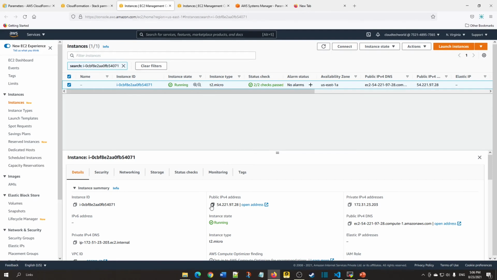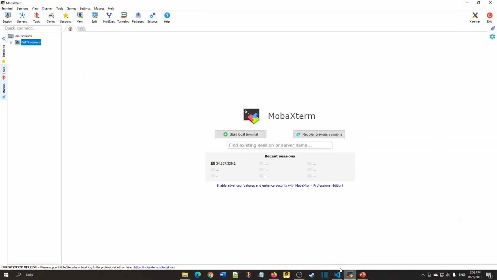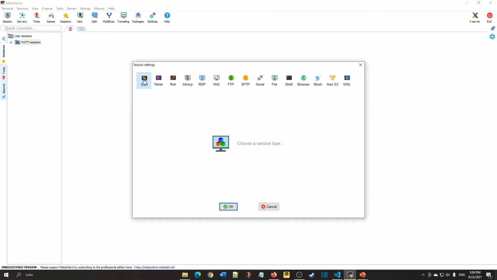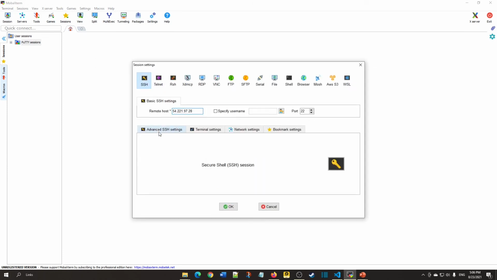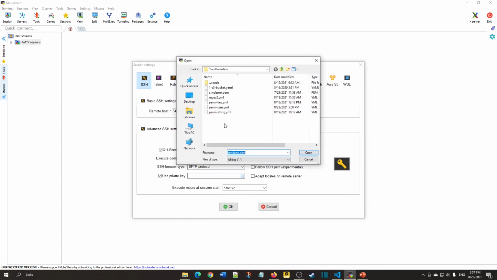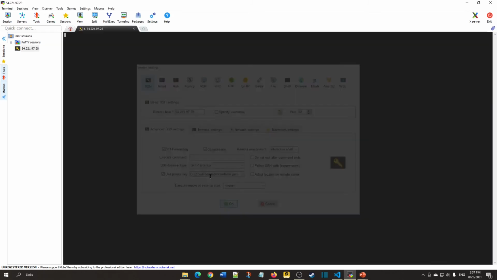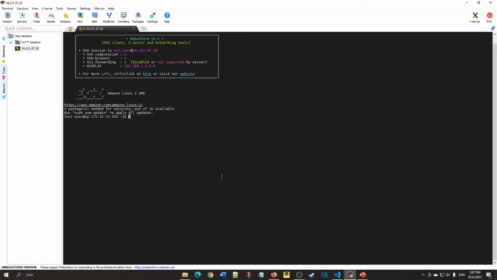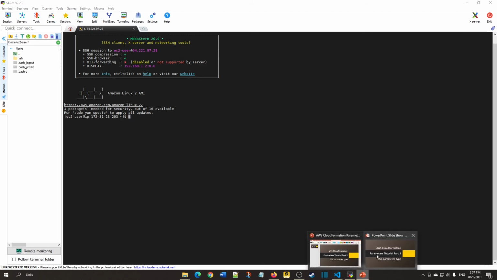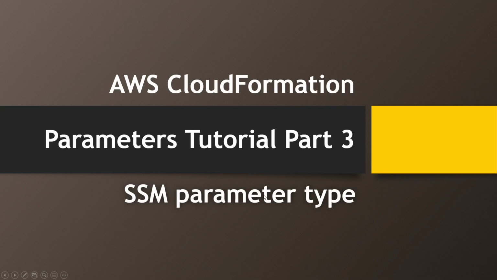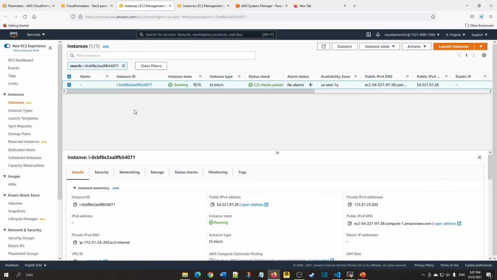Select your public IP and go to your terminal. You can use any terminal. I am using MobaXterm. Username is ec2-user. Click enter. You should be able to connect to it. So this is how we can make use of SSM parameter type in AWS CloudFormation. Once you have tested and are able to connect to it,